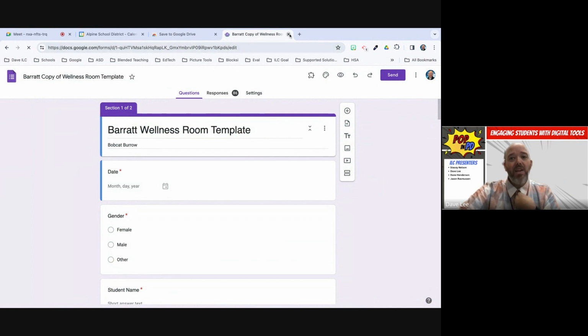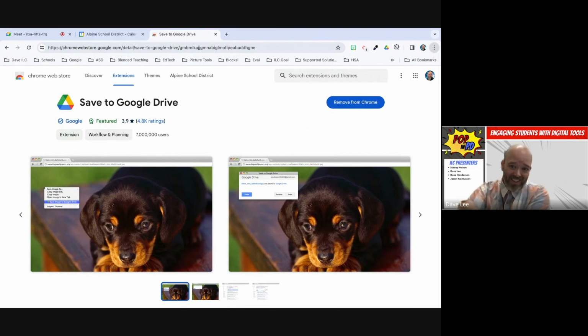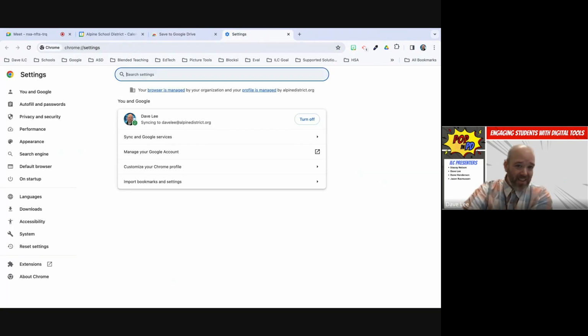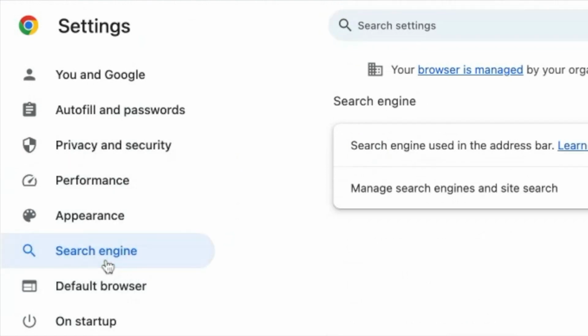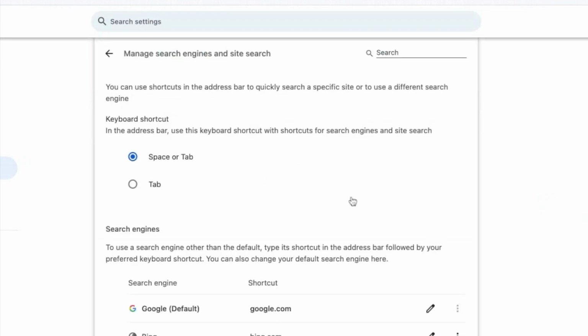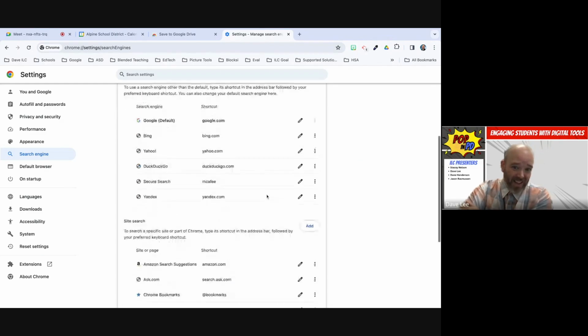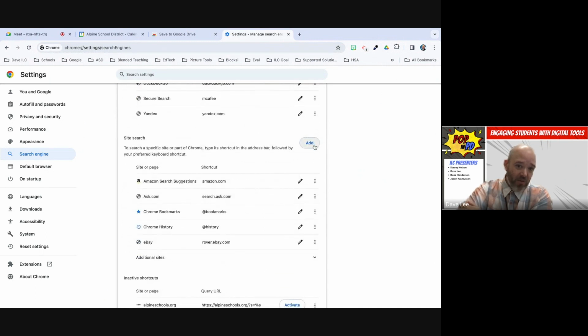So how you do that takes a few steps, but you come to your settings, and there's going to be one that's called search engine. So you can click on the search engine, and you want to manage your search engines. And now you'll see I have a bunch of things on here. You'll have some up here, but you want to come to this button where it says add. And when you click add,